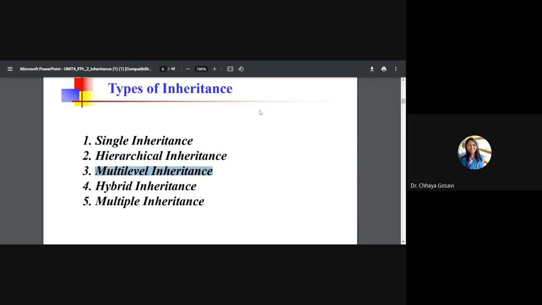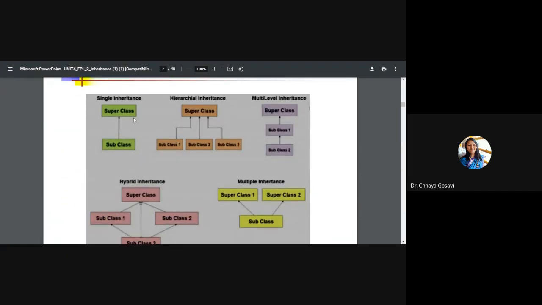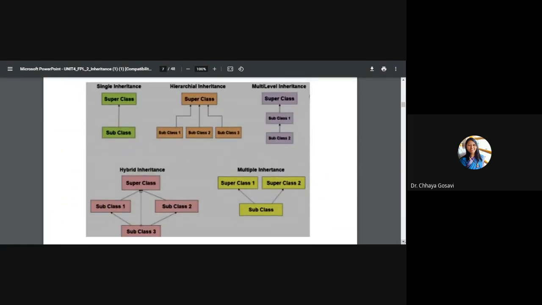Multi-level: one parent, one child, and again that child can be inherited by another child. Hybrid inheritance is any combination of these types of inheritance. And multiple inheritance means more than one parent to a child. A child can get properties of more than one parent.